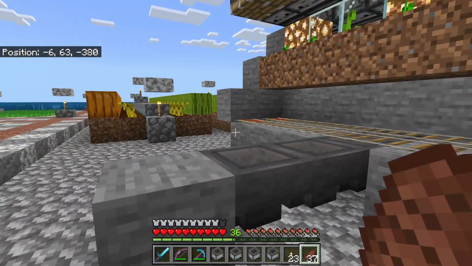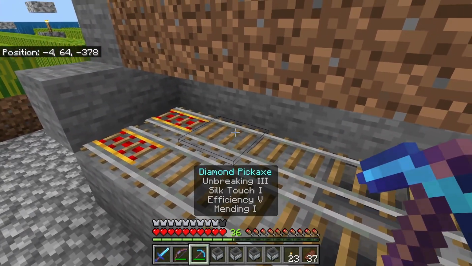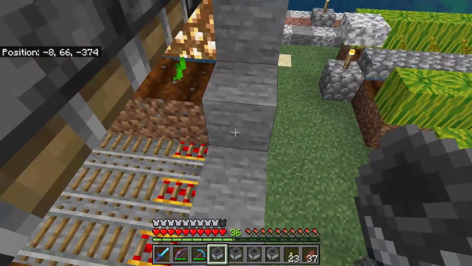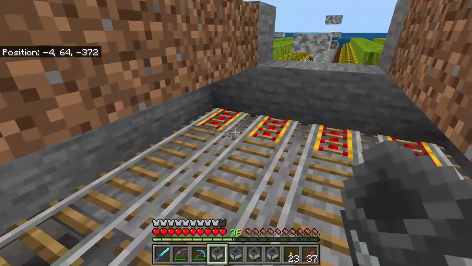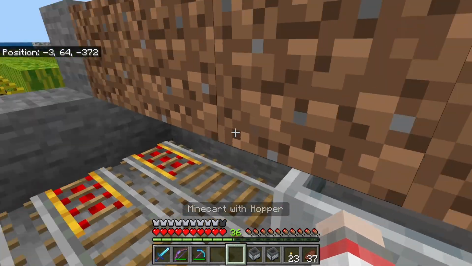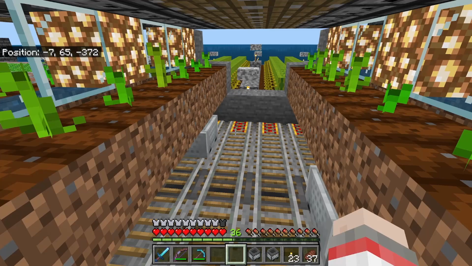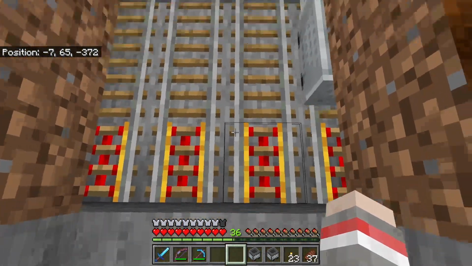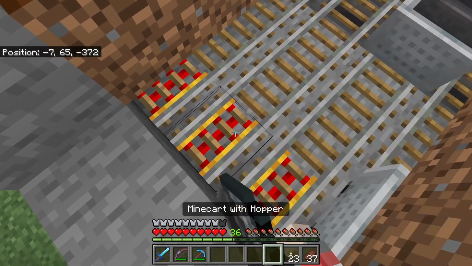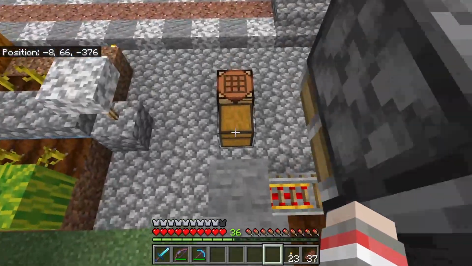Now, what we need is to get our mine carts going. Now these are mine carts with hoppers. That is important. Let's start in the middle. So place a cart there and a cart there, and they will continuously go back and forth between the power rails, traveling over the hopper line in the middle. Anything that gets in that minecart with a hopper will be deposited into the hopper line that's running down the